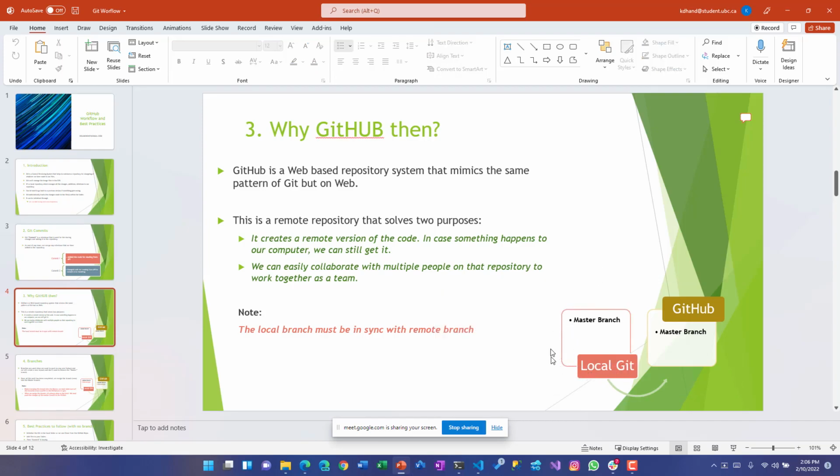You work on your local Git and then you just synchronize with the GitHub. It's one way, unless you have to clone it, or let's say you want to pull it because somebody else made some changes and you want to get the latest updates. But otherwise, your local Git is the single source of truth. And then the GitHub is just mimicking the same thing, right?